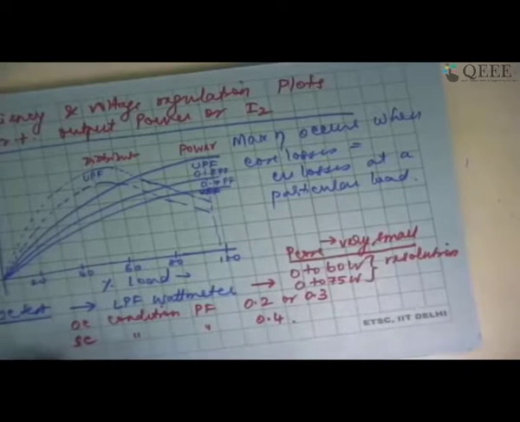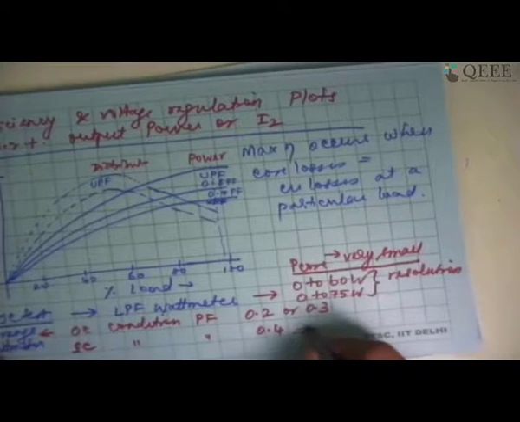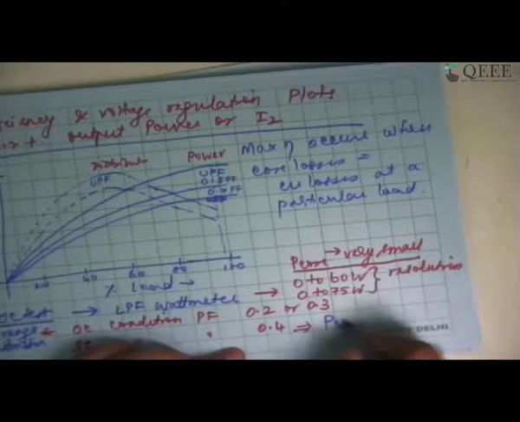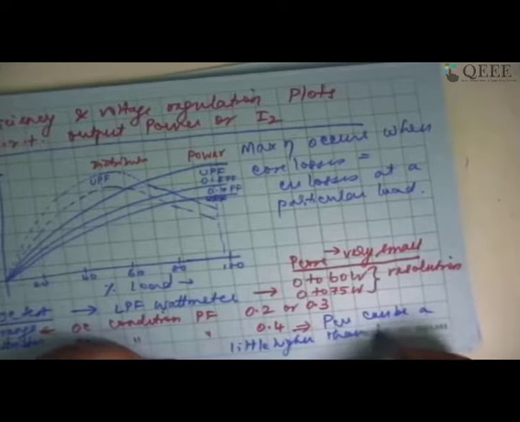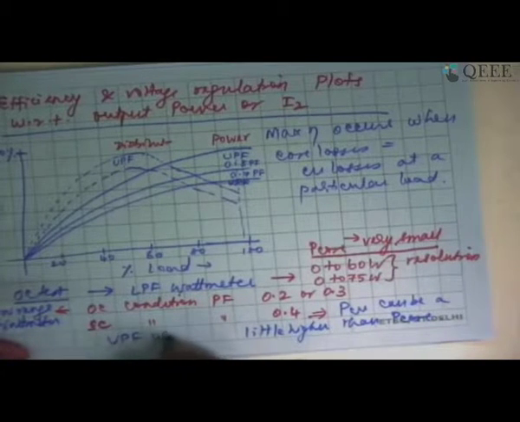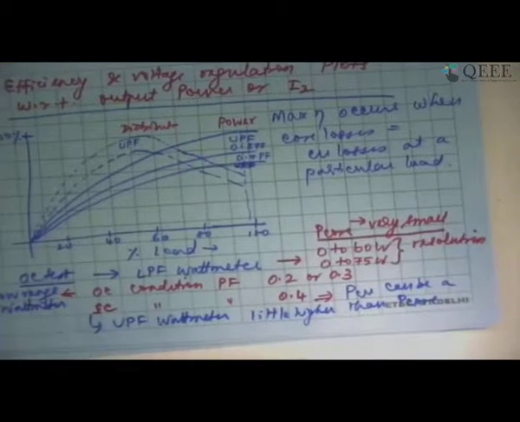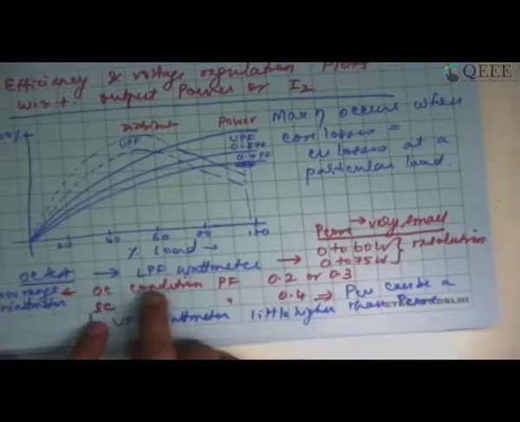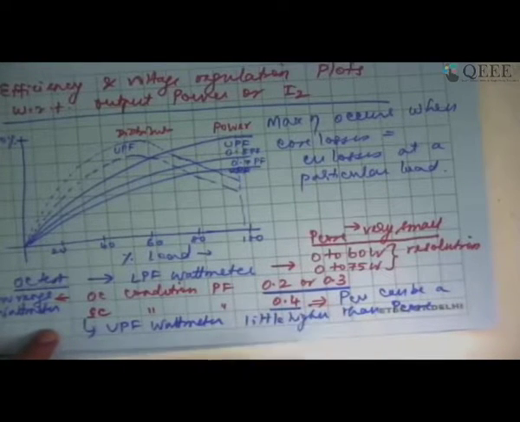So this has to be essentially a low range, whereas in short circuit test, the losses can be somewhat higher. P_cu can be a little higher than P core. So that is the reason why we normally use a UPF wattmeter in short circuit case. Otherwise, if you look at the power factor range, normally in open circuit condition, it is going to be about 0.2 to 0.3. Short circuit condition, it can be slightly higher. This is how it is. I hope I have answered your question.